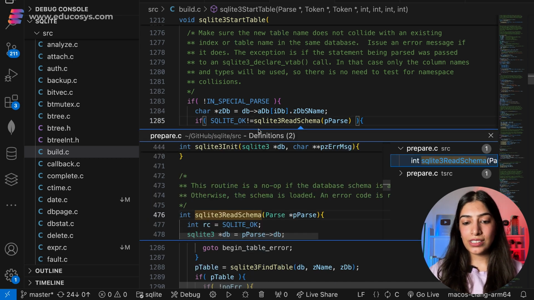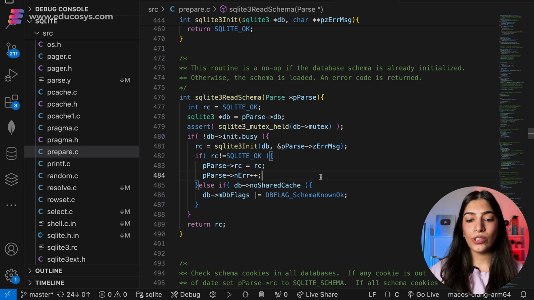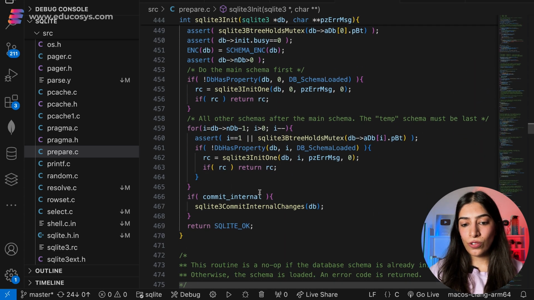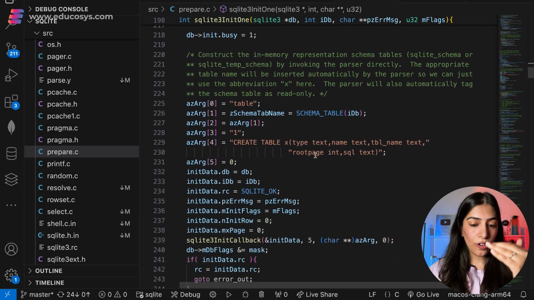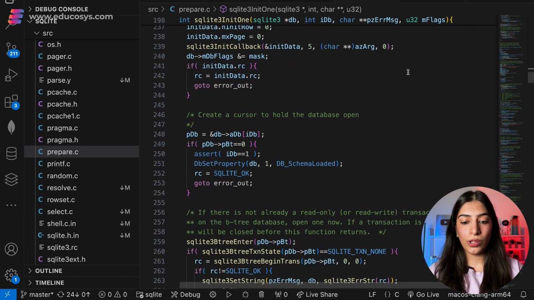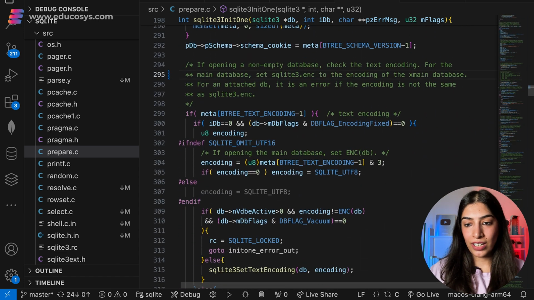So let's see what exactly is happening inside this read schema. If I go inside this read schema, there is a mutex that is being held, and there are a lot of things that are going to happen. I'm going to talk about the most important things. There is one init function, and if we go further inside this, there is one init1 function. See, there are a lot of things that are going to happen. There is one in-memory representation of the schema tables that are created. We will talk about this in detail. But for now, what is most important for you to understand is